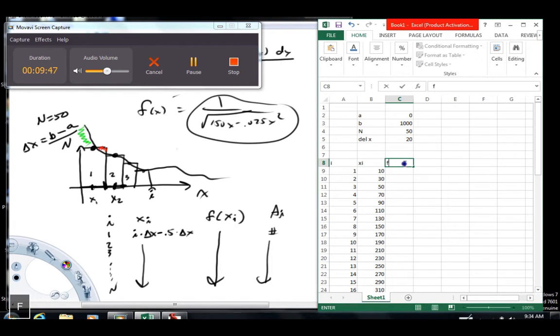All right, now I'm going to have it compute f of x sub i. And here's where I'm getting that from. This is this function right here. So that's going to equal 1 divided by, good spot for parentheses, 150 times x, and I'm going to get x from right here, minus